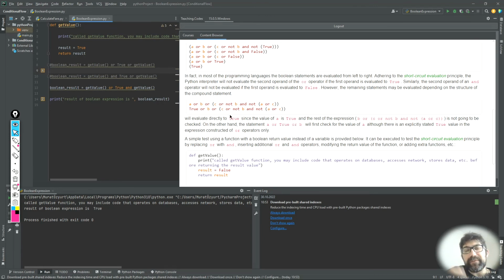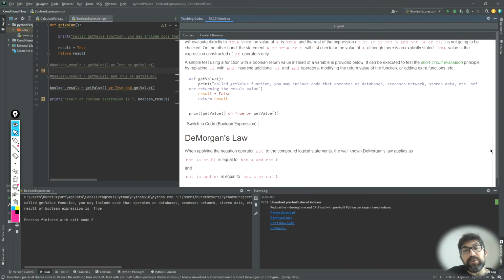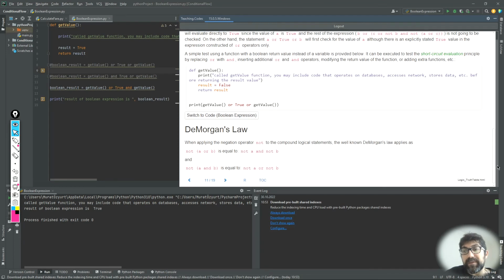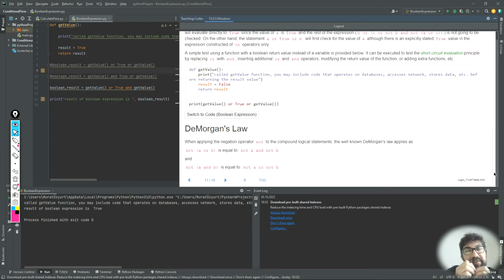And you can try it with different functions, different return values, or different variables that receive Boolean values from comparisons or calculations, and experiment on the results, so that you get familiar with the order of operators or the precedence of operators and the output they produce. It's important that you get used to the OR and NOT operators. So you might use different versions of those